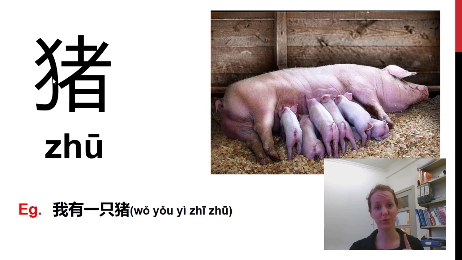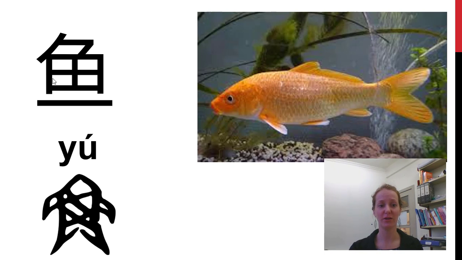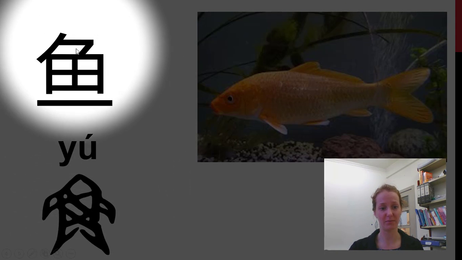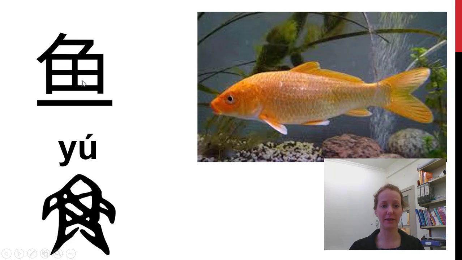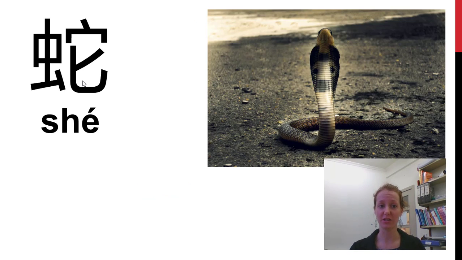我有一只猪。这是什么？这是鱼。鱼。So what I've got down here is the original oracle bone script of the fish. Originally this was a picture that looked like this, and eventually over time it's become this. So maybe if you can think of links between these two pictures, it might help you to remember that this is 鱼. For example, 我有一条鱼。这是什么？这是蛇。